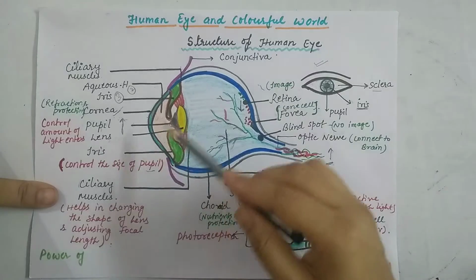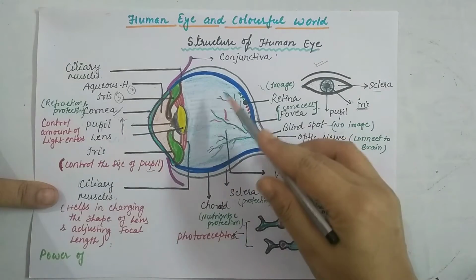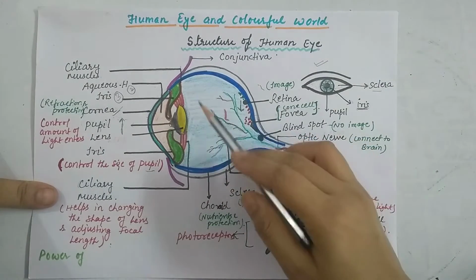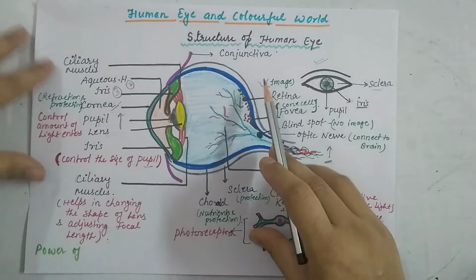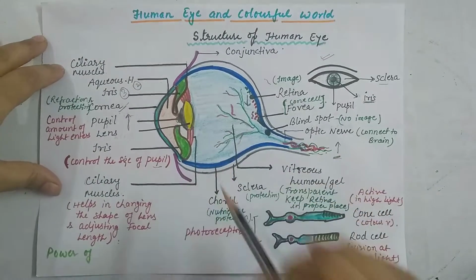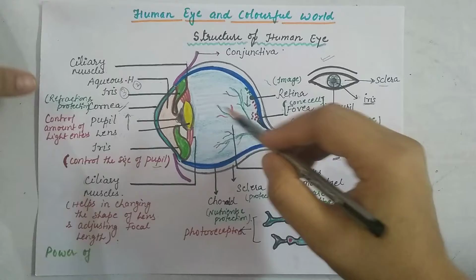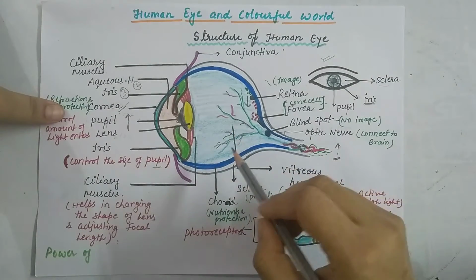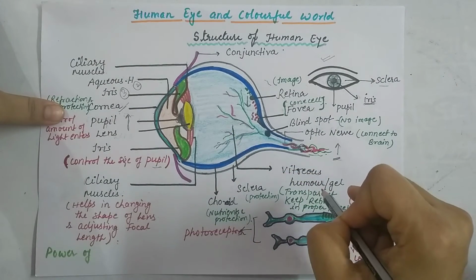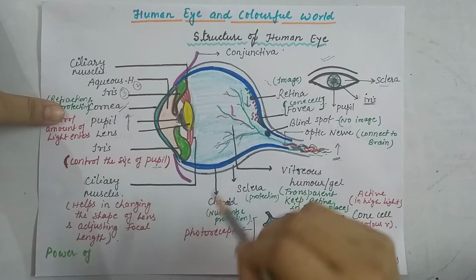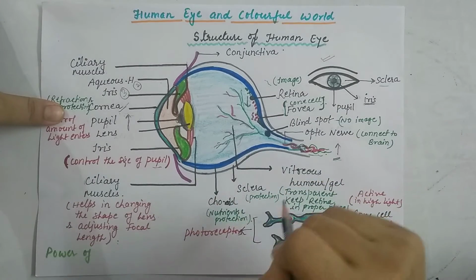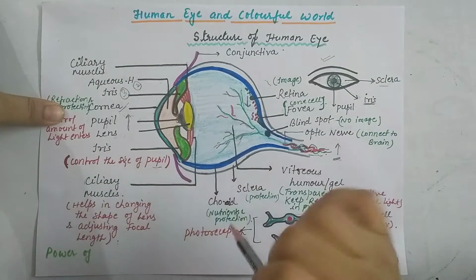Now we have done here. Now, backside of this, the eye consists of one more gel called vitreous humor or vitreous gel. It also helps to provide the proper pressure as well as protection, and keeps the retina in its proper place.